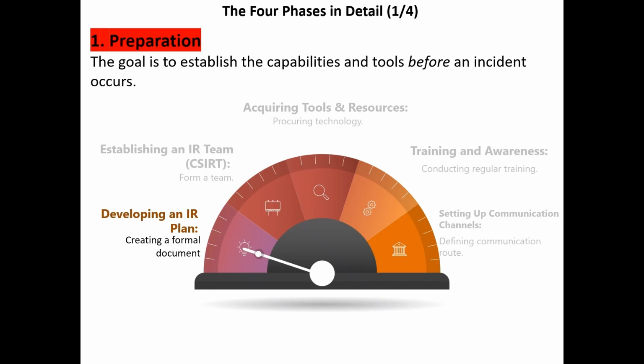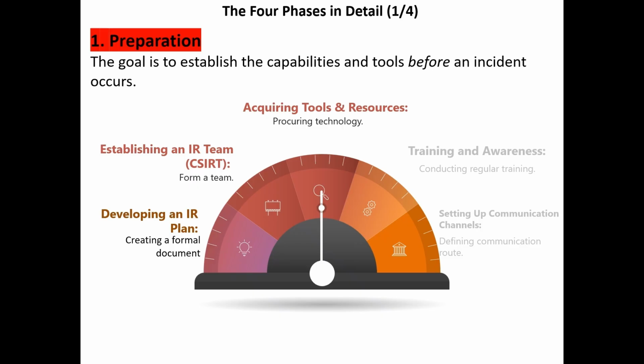Here you create a formal written document that outlines the goals, procedures, and the rules of the incident response. Next is forming a computer security incident response team with clearly defined roles and responsibilities, and acquiring tools and resources. Here you typically procure the necessary technologies like forensic software, backup systems, and secure